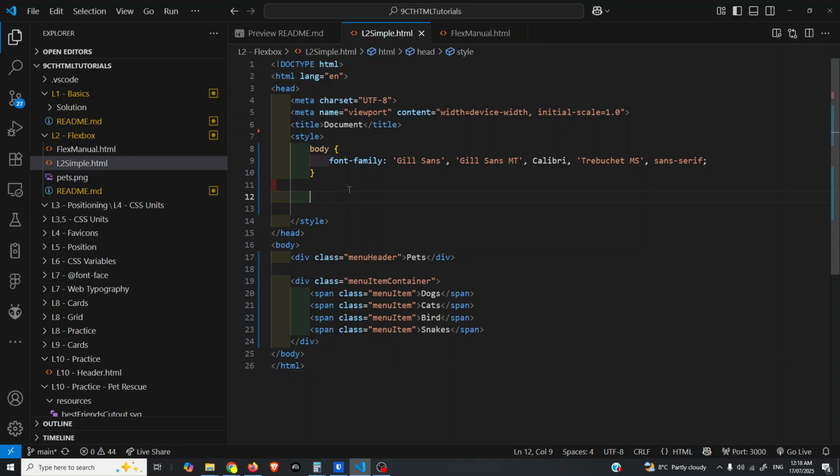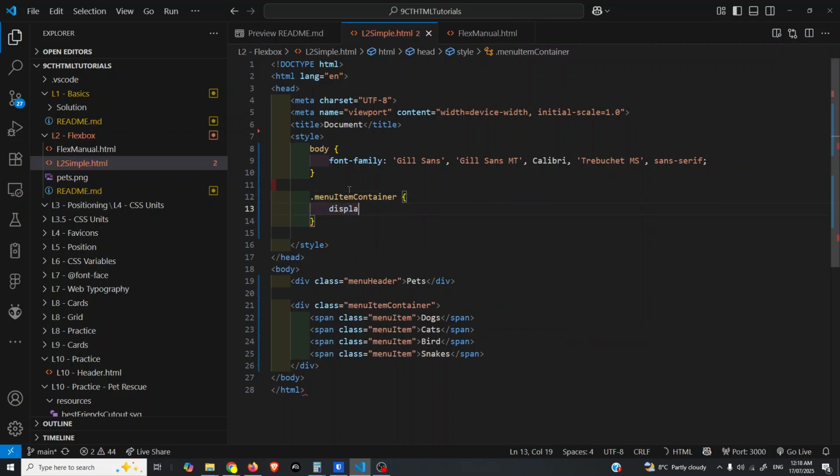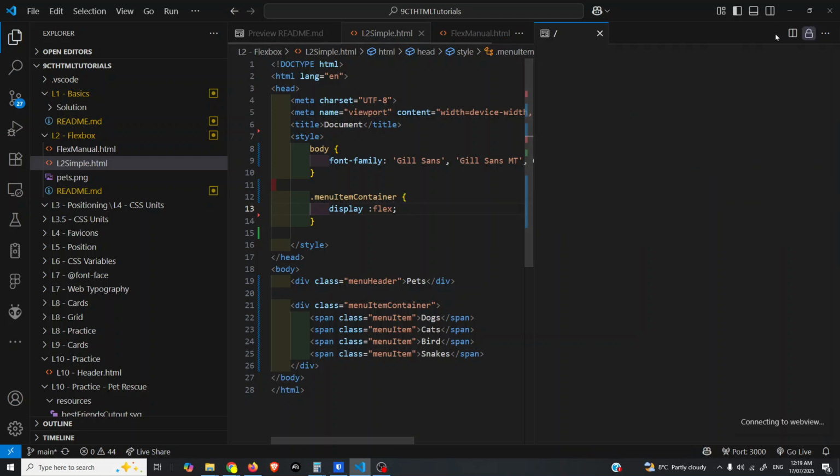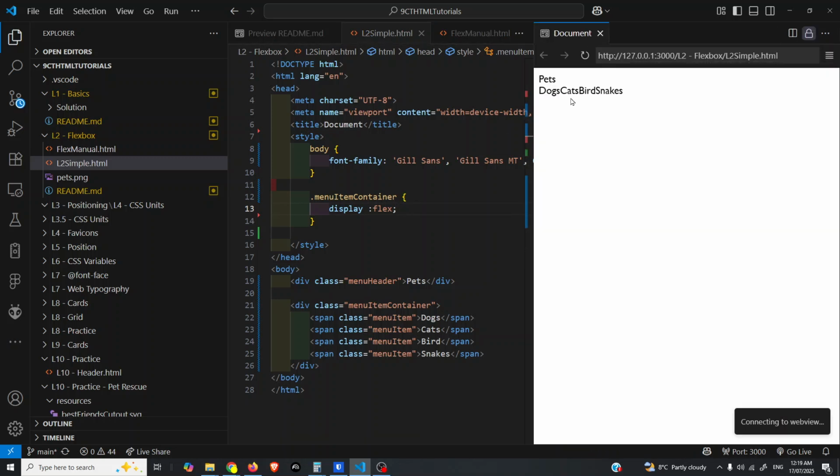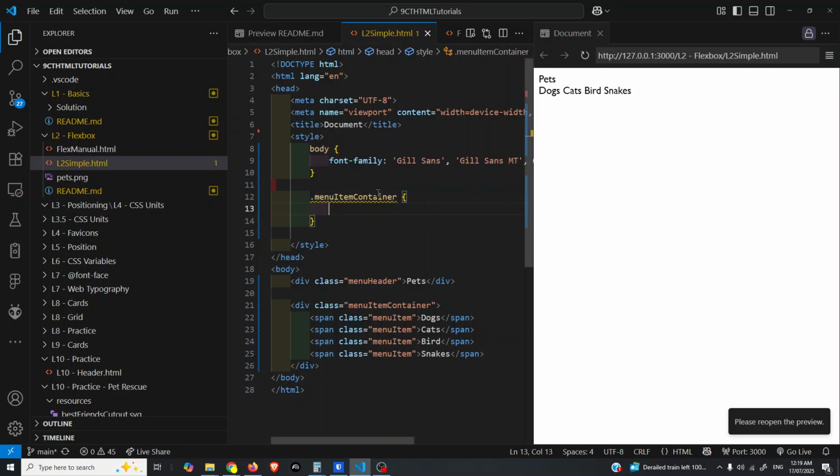And so if I go dot menu item container and display flex, and put preview on, you can see it's come across there. So if we turn that off, or we get rid of that, then they're just working as a normal span. But when we turn display flex on